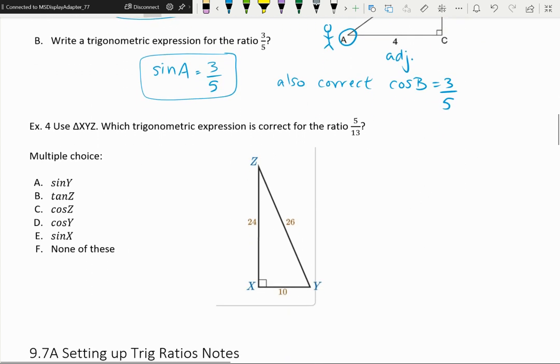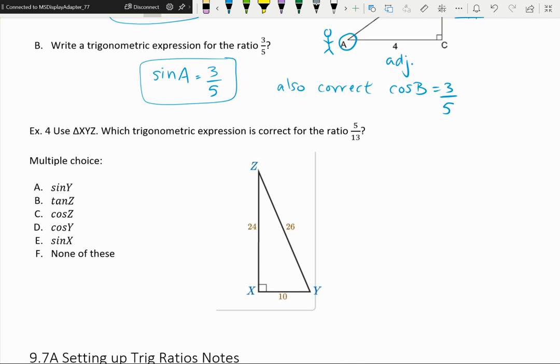And the next one is set up to be multiple choice. Use triangle XYZ, which trigonometric expression is correct for the ratio 5/13. So what I'm going to do is go through and find every single one of these, A, B, C, D, E, and then just choose the ones that are 5/13. Tip from the pro is that if I'm going to start with sine of Y, I will go through and do all of my trig functions from Y first so that I don't have to keep moving my sides and